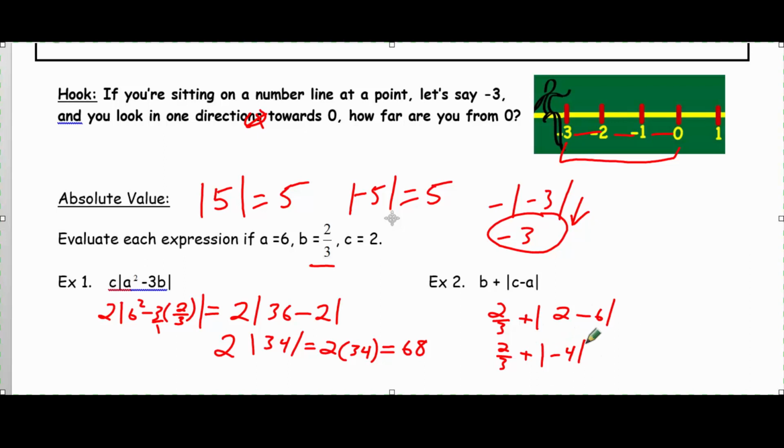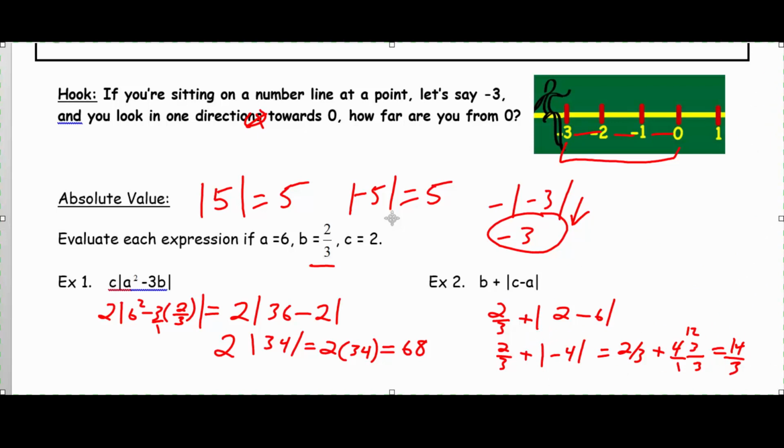So the absolute value of -4 is 4. So we get 2/3 plus 4. And now we get our favorite thing: we have a fraction plus a whole number. So what do we do? We can either put this over 1 and do it by hand. So you come to the common denominator, 1 and 3. The common denominator is 3. So 2/3 plus, well, 4 times 3 is 12, so 2/3 plus 12/3 is 14/3. I'll show you if you don't remember how to do that on your calculator here in about